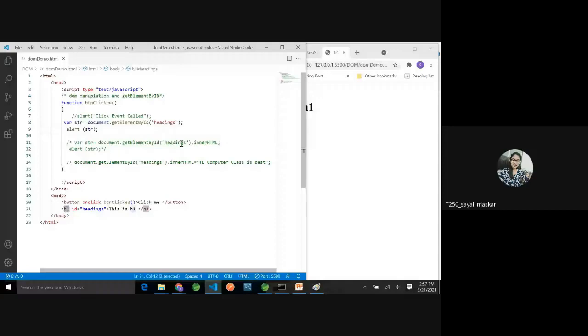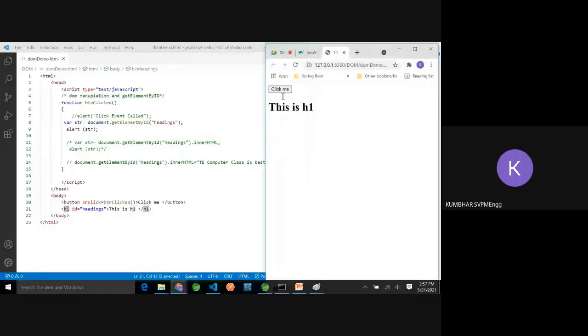Element type. That's why it is saying HTML heading element, because H1 will be heading element, button will be button element, HTML button element, text will be HTML text element, like that. So it is printing an object of HTML element. I hope now everyone is clear, no confusion now.